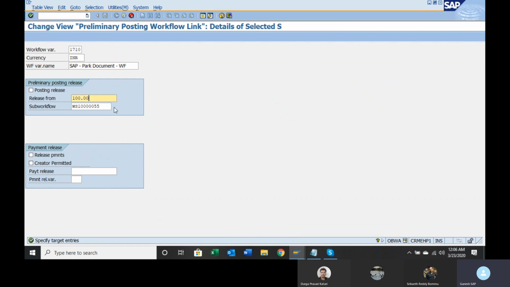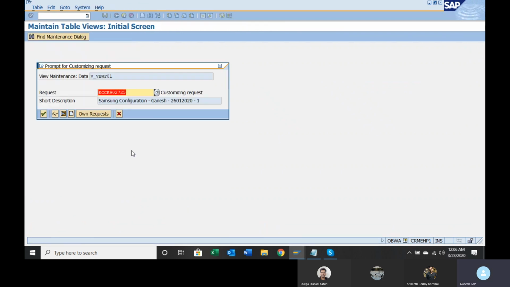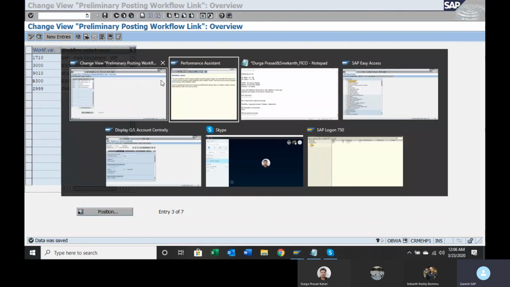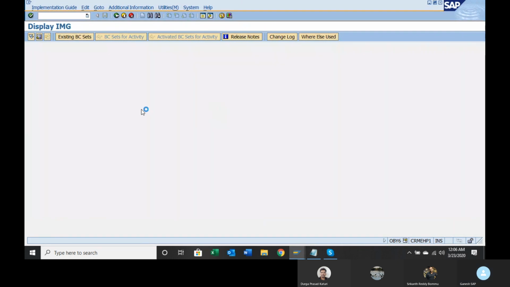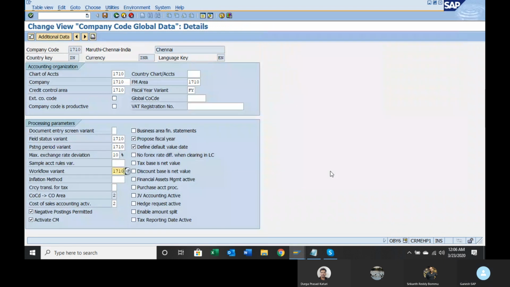Release from, let it be as it is, we don't change anything. Press enter, save it. So assign this variant, assign company code to workflow variant for Park document. Either you can assign or you can assign directly here. Anything is okay. Press enter, save it.